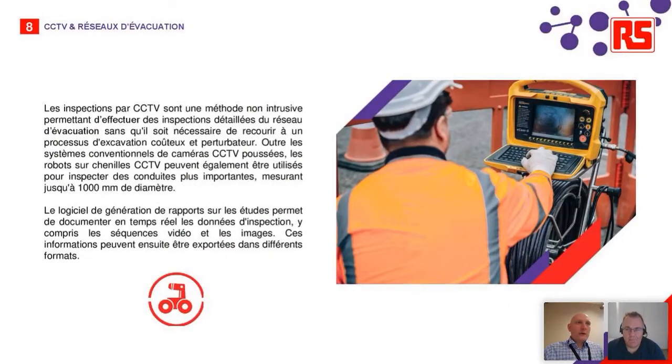Okay, so the next slide is CCTV and drainage. Very similar, I guess, to utility location that I've just mentioned. It's about documenting what's beneath the surface in terms of drainage networks. And in this case, how this works is you basically would thread a CCTV camera on a sort of reel through the drainage network and document exactly what the condition is like and if there are any defects or issues in that area, and